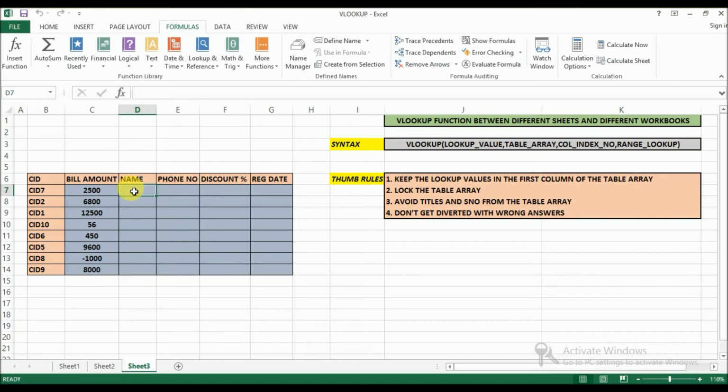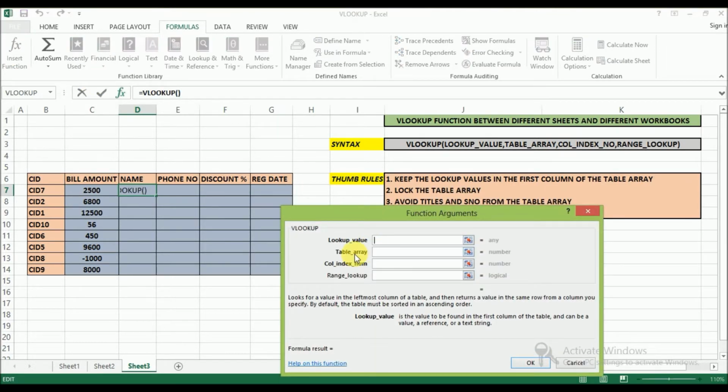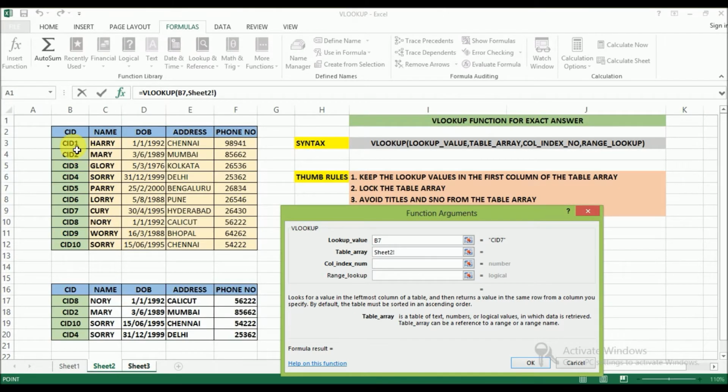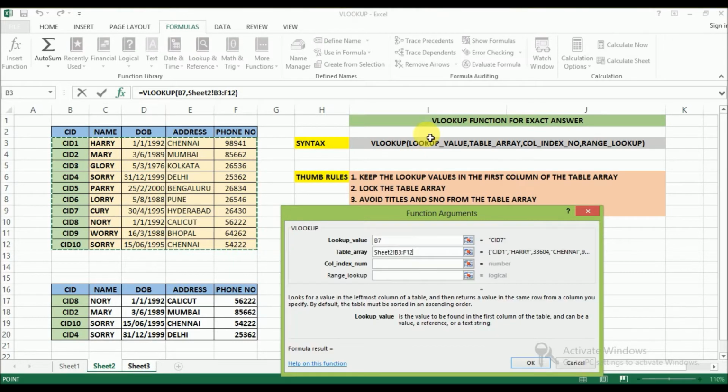Instead of typing the formula, I am going to formulas and insert function, selecting VLOOKUP. Lookup value for name is customer identification number. I'll select this. Table array, go to sheet number 2 and select the table array, keeping in mind the rules of table array.